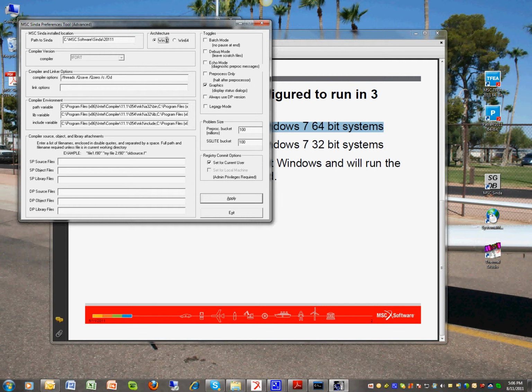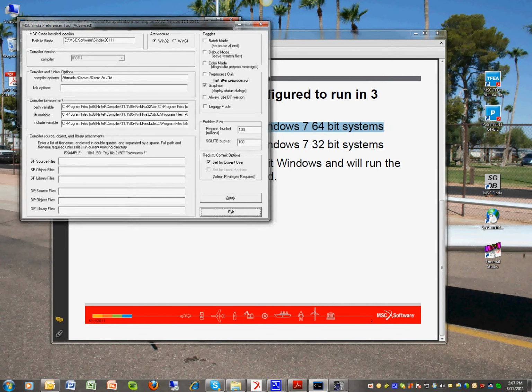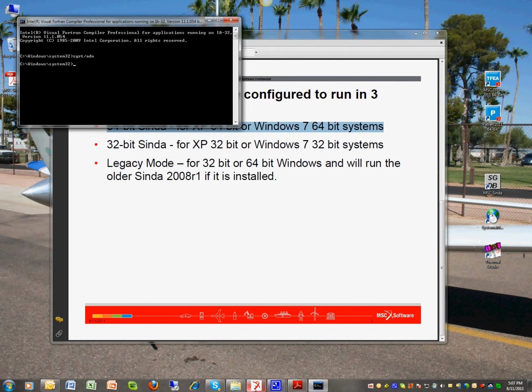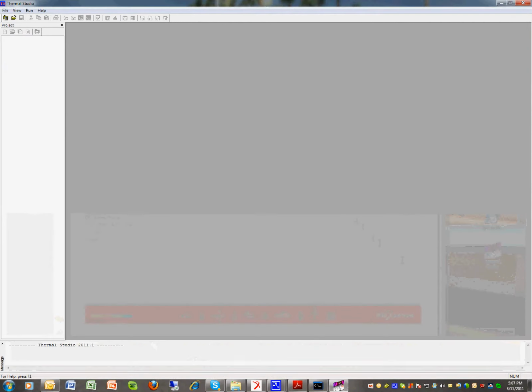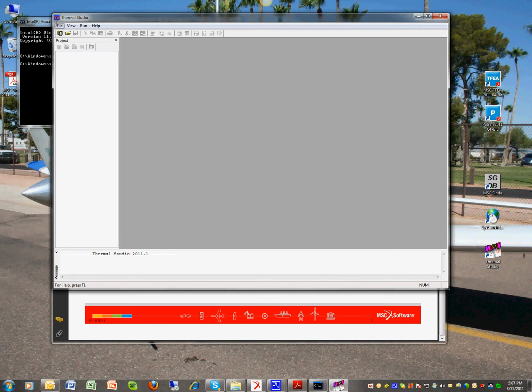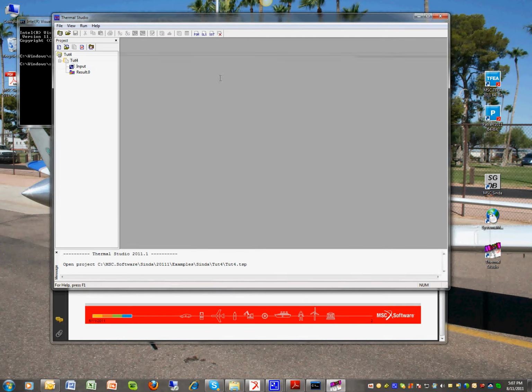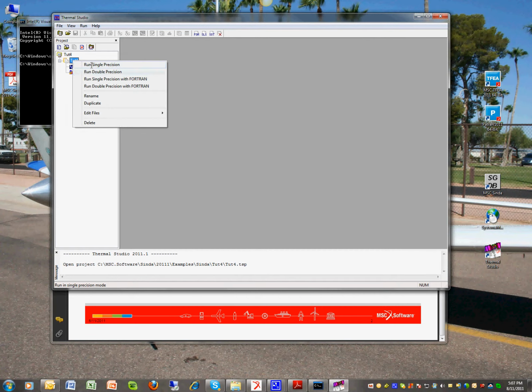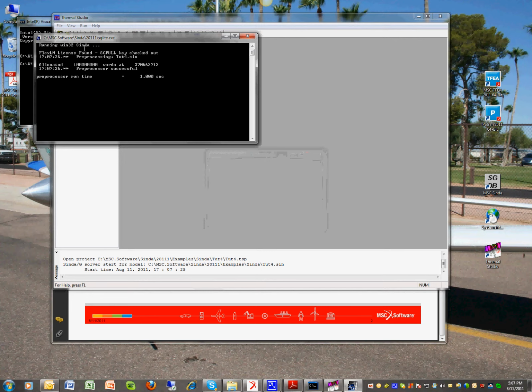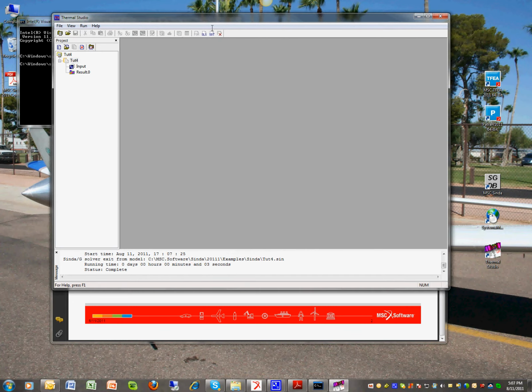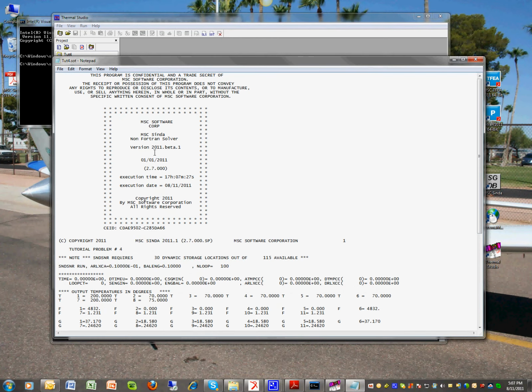So now let's pick 32-bit, which I actually chose before, and let's apply that. And now when I run Sinda in Thermal Studio, instead of it running in 64-bit, which you remember the last time we ran, it ran in 64-bit. Now, because I've configured it for 32-bit, when I run, it says running Win32 Sinda, and the output files will show that it ran,